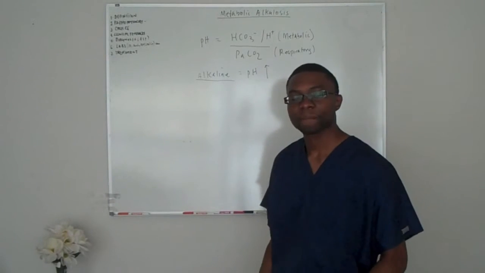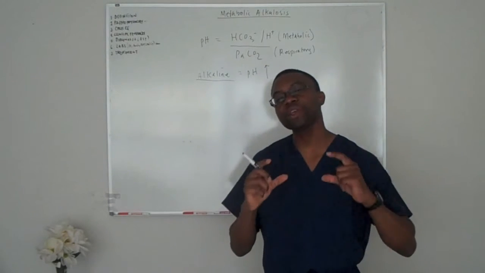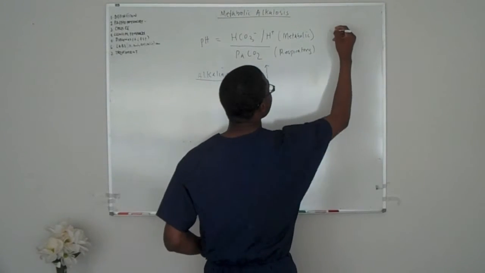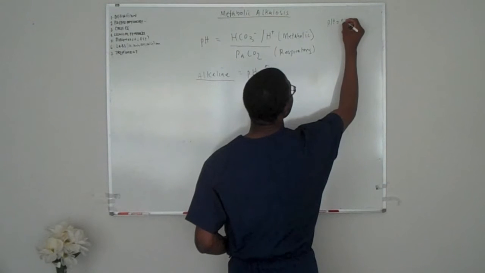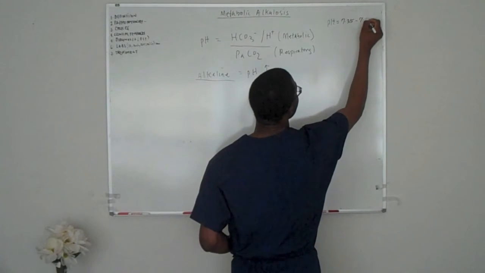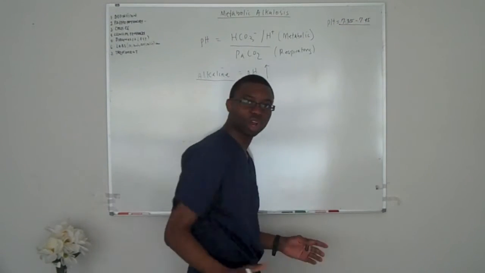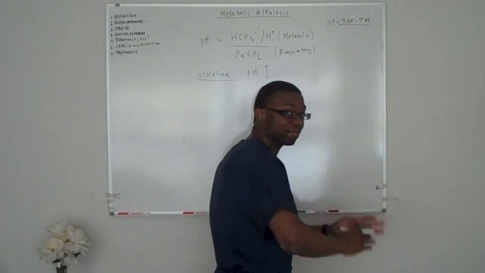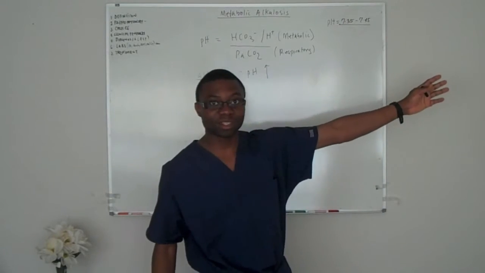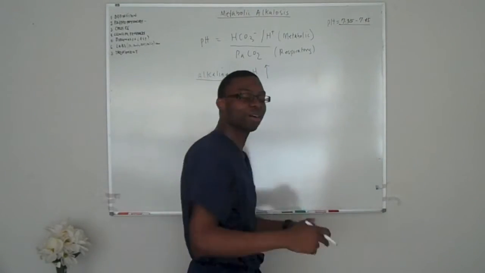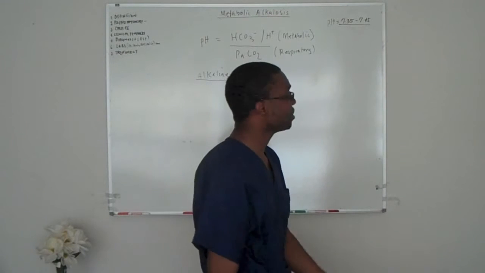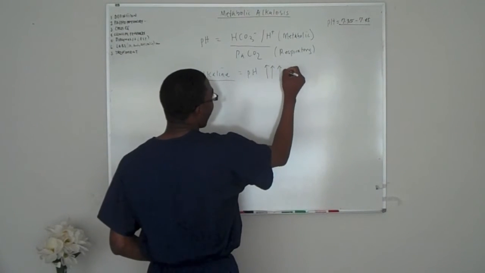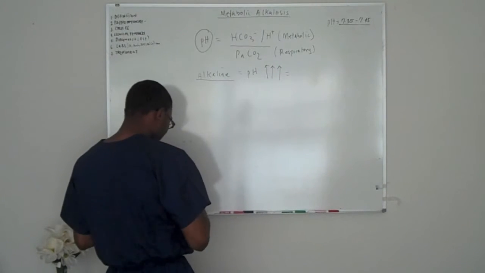Very high. Remember, you have to memorize just a few key things that I've written over. If you don't remember, we can just quickly write on the side here. We said normal pH is 7.35 to 7.45. That's your normal blood pH. You don't want it to fall way too low or way too high. If it's going way too high, we go into the alkalosis section. If you're going way too low, hey buddy, stop. You're about to make me acidic. So automatically the pH is gonna be high, which is this guy right here.